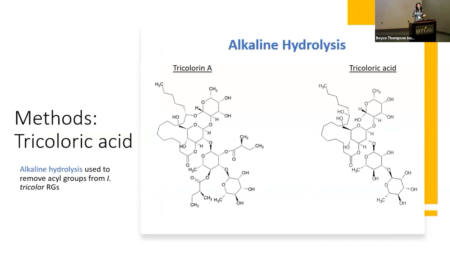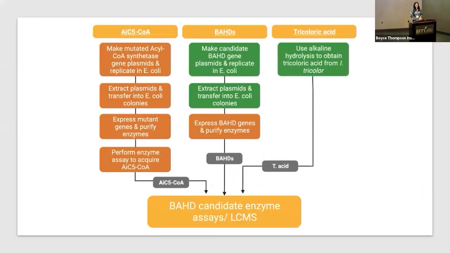We can get this with alkaline hydrolysis because this actually isn't available commercially either. So my coworker, Ling Hua, performed this. Basically you have your resin glycoside trichlorine A, and these are the acyl groups that are on it. We basically just took them off, so we're only left with the core, because we want to see if the BAHDs will actually add them back on. So now that we have our 3 components, we can get to the assay,